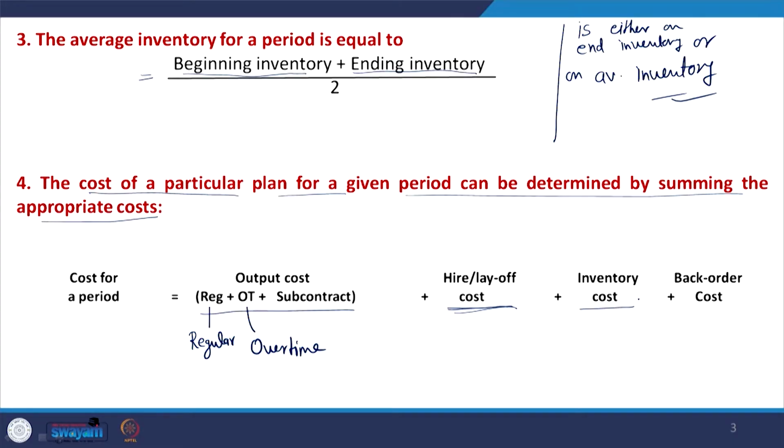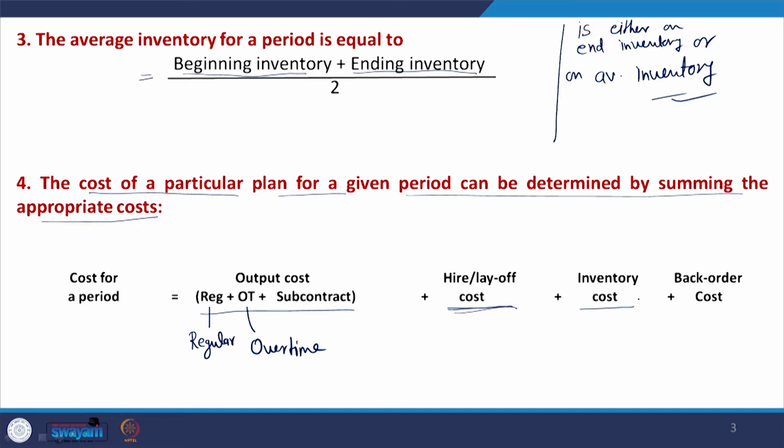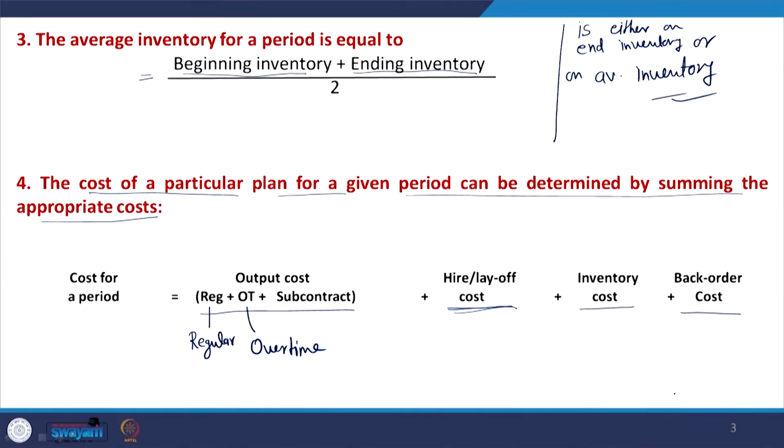Then, either on the basis of average inventory or on the basis of end-of-period inventory, you may have some inventory available. Particularly if you are using a level strategy, certainly you will incur some inventory. So, the inventory cost. Again, because of your level strategy, back orders will also be there, and the penalty associated with those back orders will be the back order cost. So, you have to take the sigma of all these different types of cost; that is the cost of your plan for a particular period. That is the most comprehensive understanding of our plan.